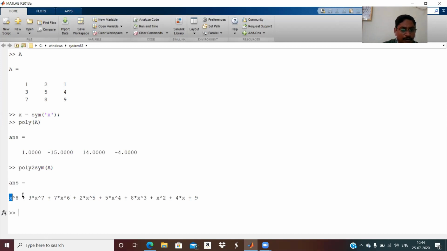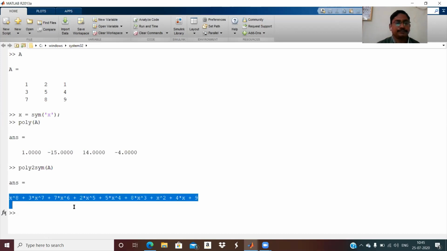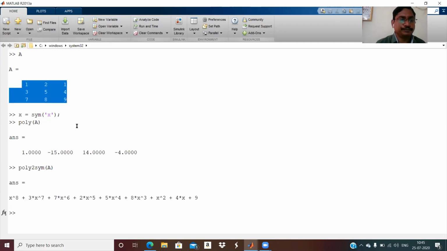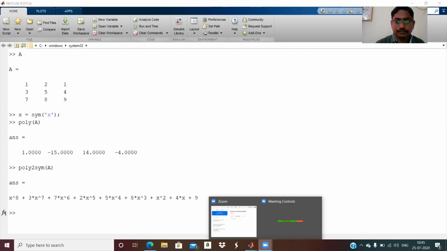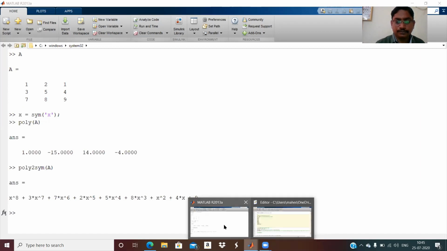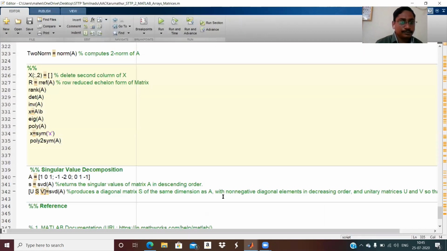It should not be a degree 8 polynomial here in the symbolic writing, because the order of the matrix is 3 by 3. Okay, I will see here. But this is the command to find the symbolic one. You have to declare the symbol here.